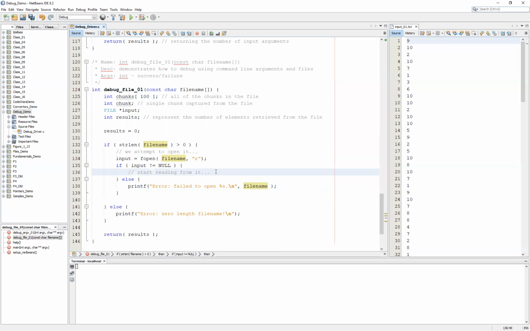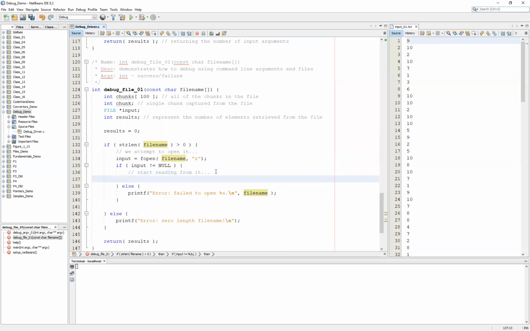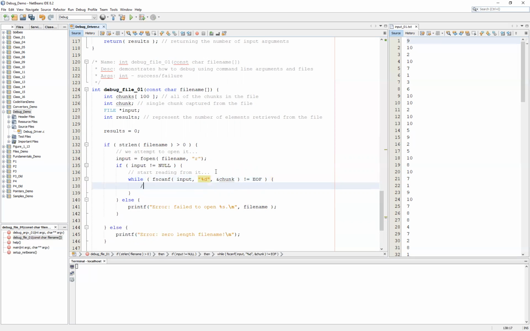Now, going back to the true branch of our if statement, in other words, if the input file pointer is not equal to null, then we need to start reading from it. And in this case, what we'll do is we'll simply set up a while loop using our fscanf, and we want to use our input file pointer. And remember that our file, at least for this sample, is going to be integers. So our format spec here is going to be a %d, and we want to simply store it at the location of the variable chunks. And if that is not equal to end of file, then we simply continue reading it